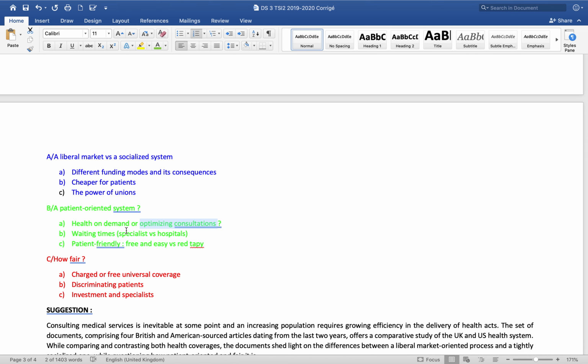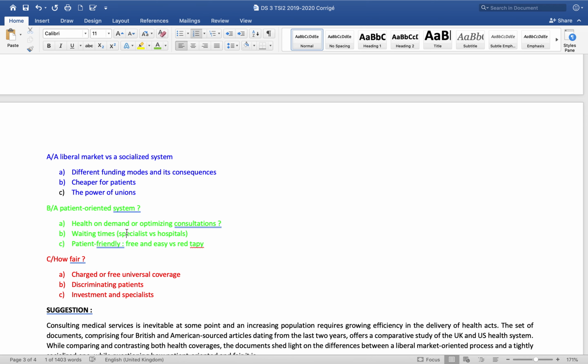So what difference does that make for the patient? Now, second point is the waiting time. So if you want to see a specialist or if you go to hospital, the waiting time is quite different. If you want to see a specialist in the US, it's very easy because it's private. So if you've got money, you go and look for a specialist and you do whatever you please with it. And you can see a specialist very, very fast if you've got a lot of money. Now, in the US, though, if you go to hospital, you wait for a long time because there are so many surgeries that are going on because people are asking for whatever they please, that it takes a long time to see a doctor at hospital.